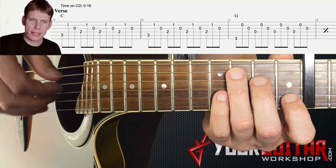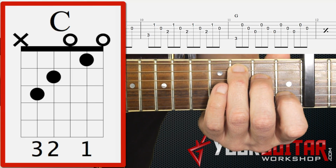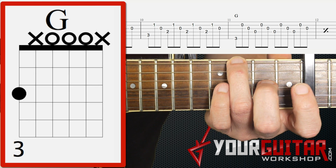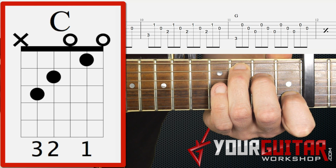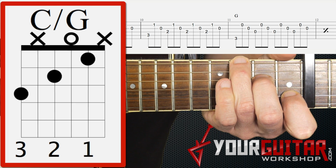Alright, so what do I play? Let's look at the chords first. The first chord I play is a C chord, just standard first position C chord. Then a G chord, followed by that E minor chord that we already discussed. Back to the C chord, then to G in the same bar, C with G in the bass, and back